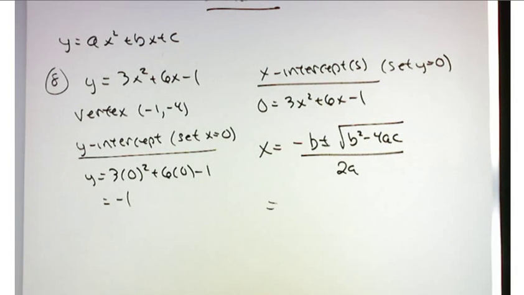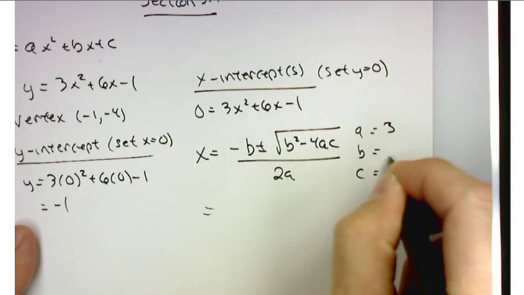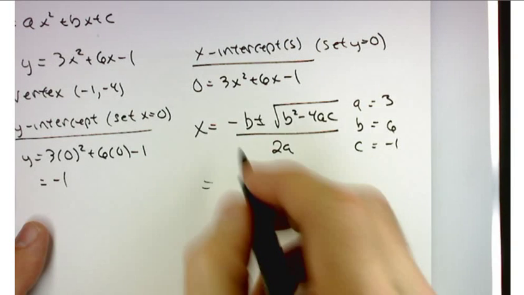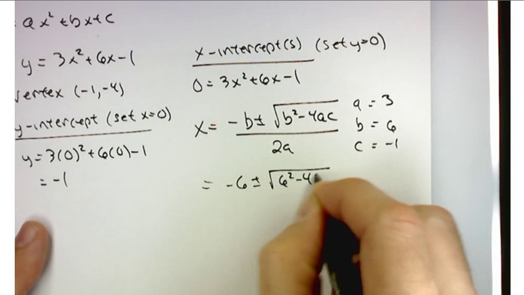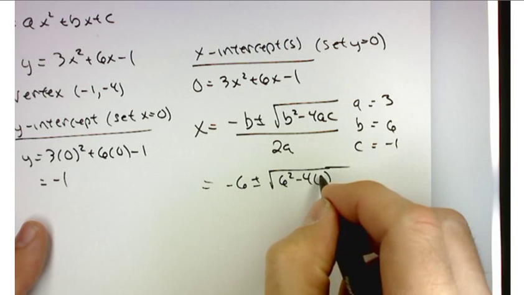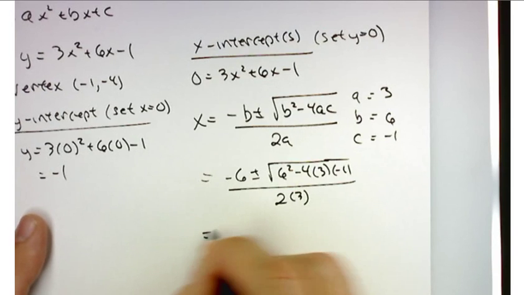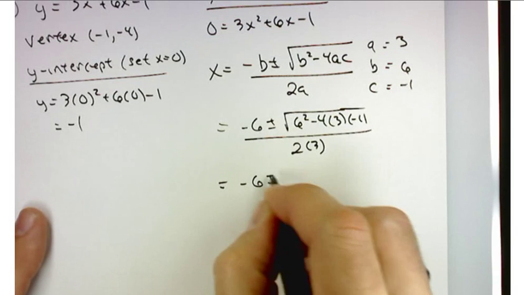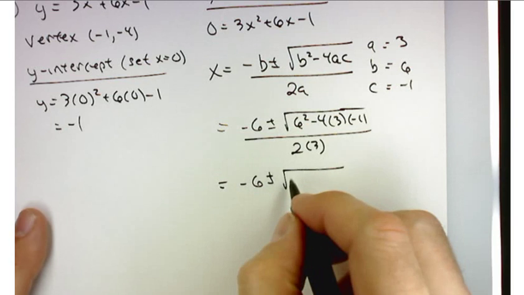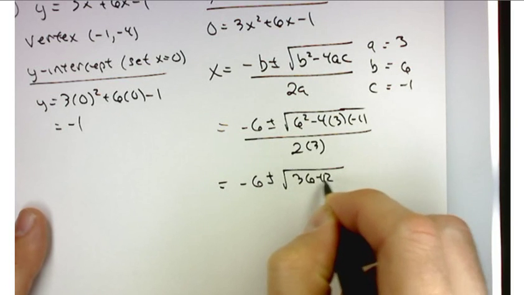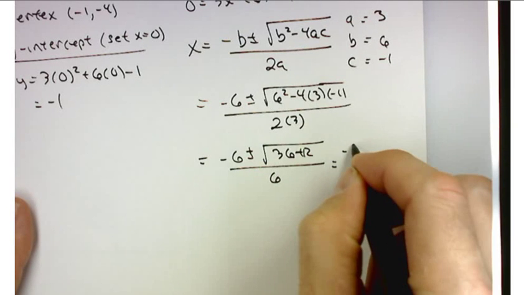So let's see here. A, B, and C for this particular problem: 3, 6, and -1. So -6 plus or minus the square root of 6 squared minus 4 times 3 times -1, over 2 times 3, is -6 plus or minus the square root of 36. And be careful here with the signs: square root of 36 plus 12. Plus 12. So overall -6 plus or minus the square root of 48